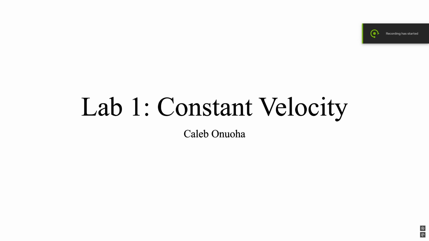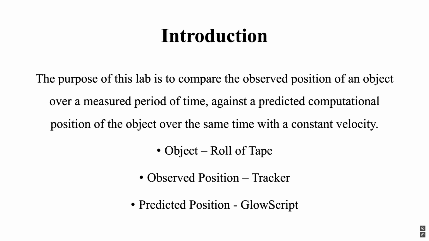Hello, my name is Caleb, and this is Lab 1 Constant Velocity. The main purpose of this lab is to compare the observed position of an object over a measured period of time against a predicted computational position of the object over the same time with a constant velocity. The object we used was a roll of tape, the observed position was taken through Tracker, and the predicted position